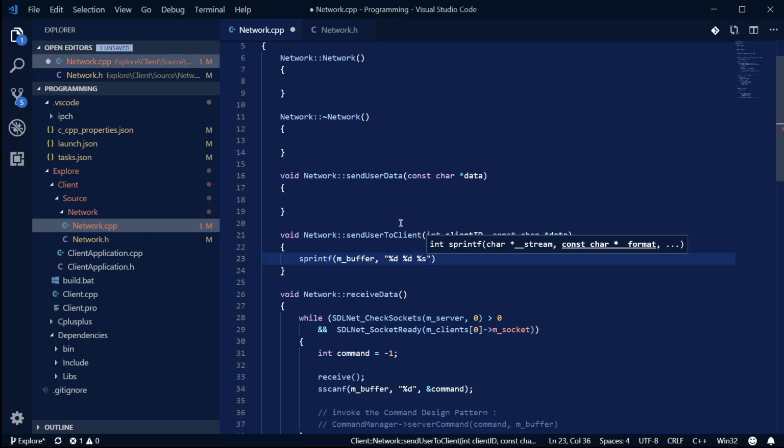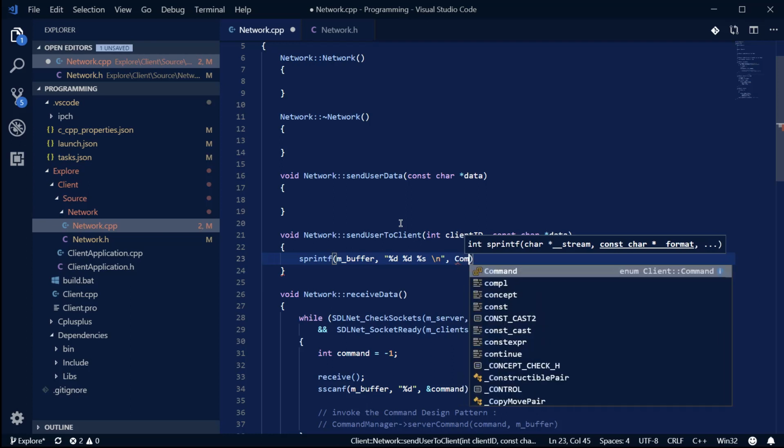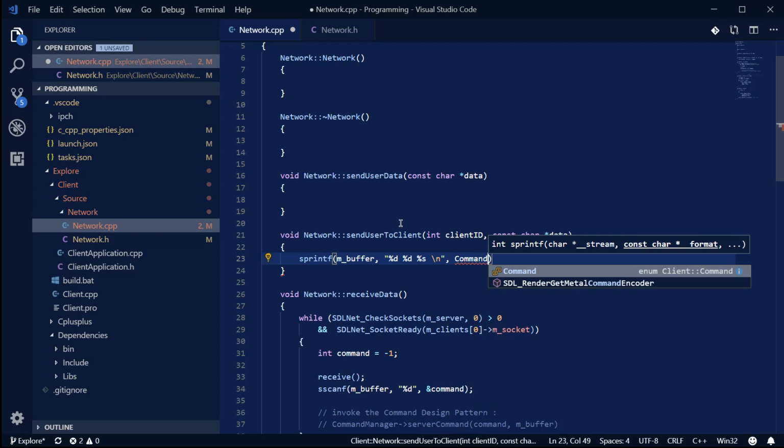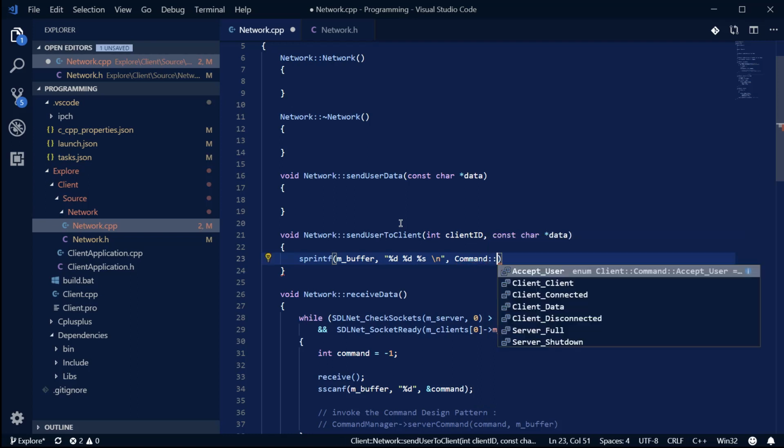So %s, and then we need that \n because we need that for the receiver at the other end. What do we need next? Oh, we run out of space to read. Okay. Well, I think we're going to need all that data, aren't we? So it will be command::